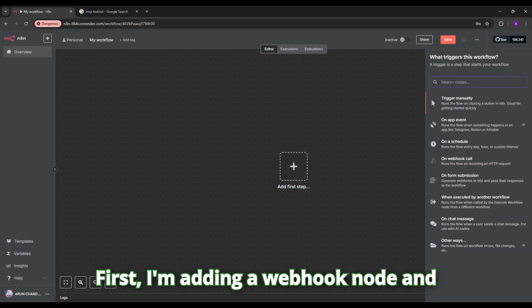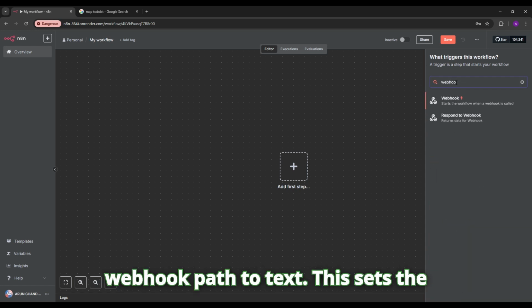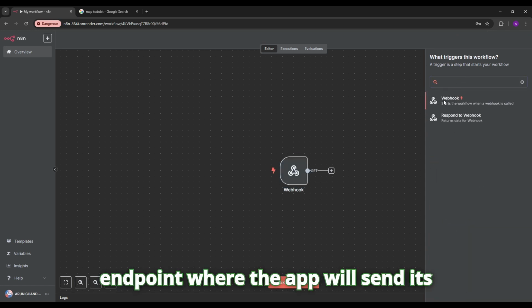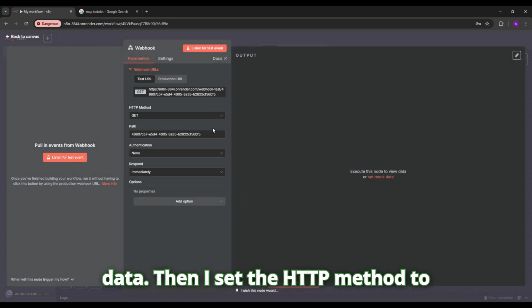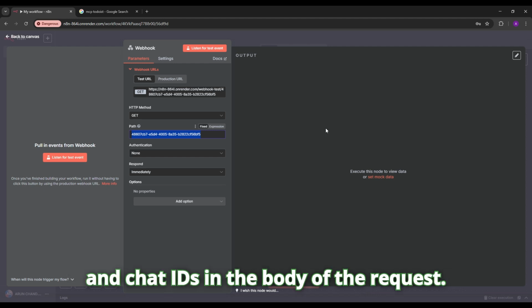First, I'm adding a webhook node and opening its settings. I change the webhook path to text. This sets the endpoint where the app will send its data. Then I set the HTTP method to POST, since the app sends message content and chat IDs in the body